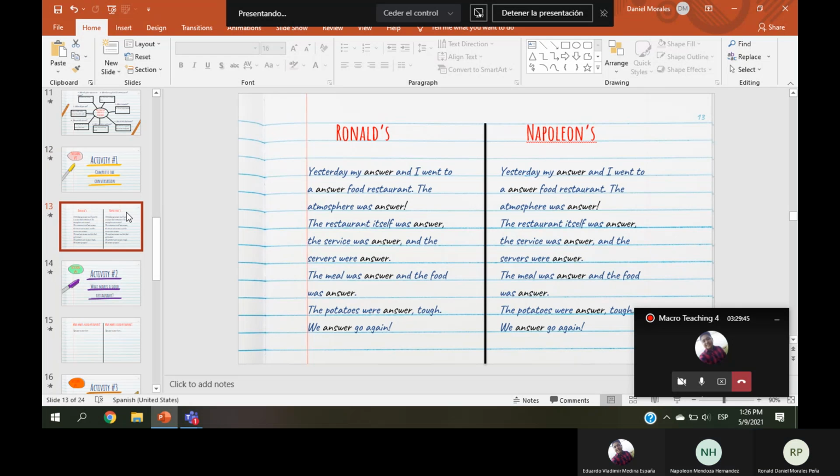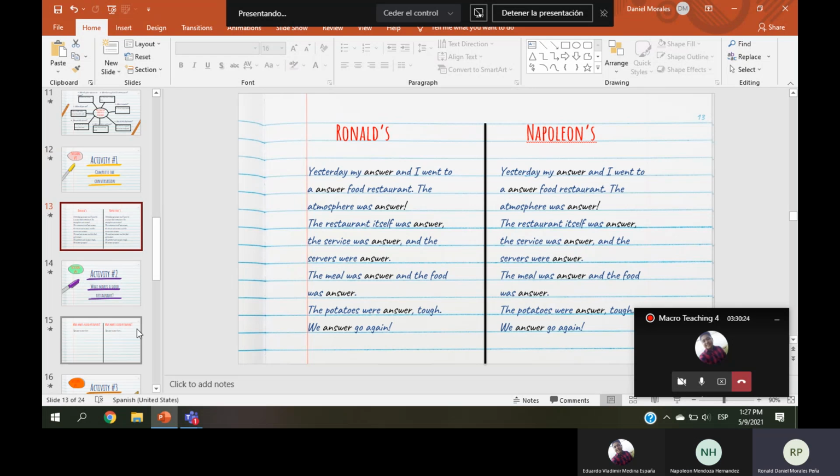In this case, we have a context here, like a conversation. Let me tell you that you are doing a great job, and I think that we are going to have good results here. You must complete this conversation. You can see the words that say answer. That means that you are going to put a word that makes sense with the context. So in this case, the first one is going to be Ronald.